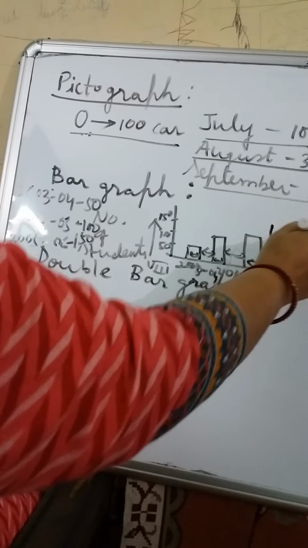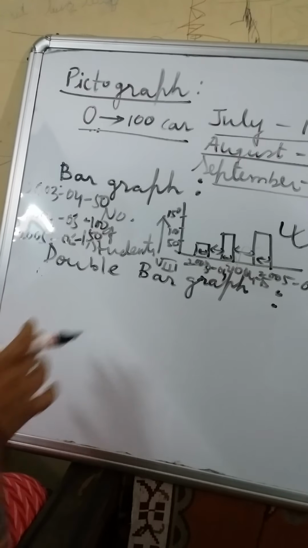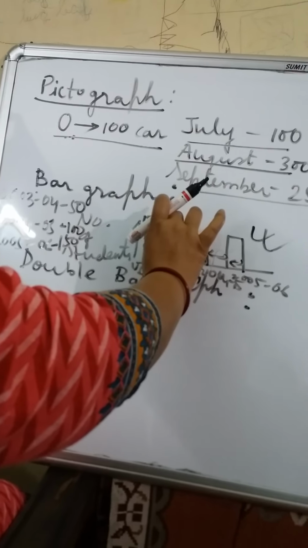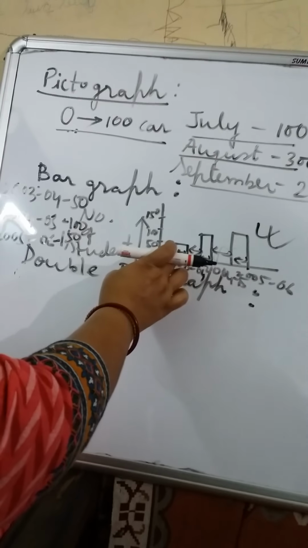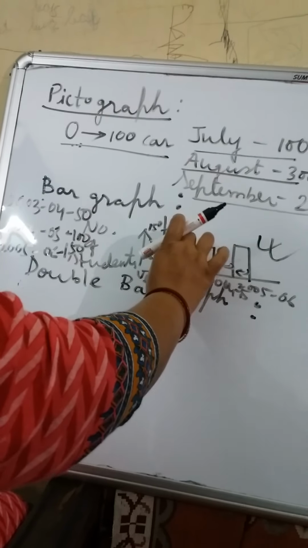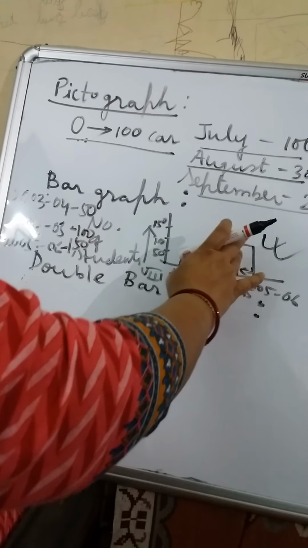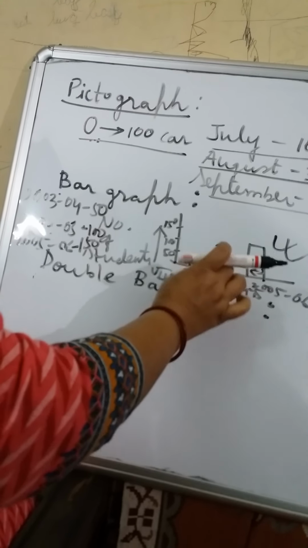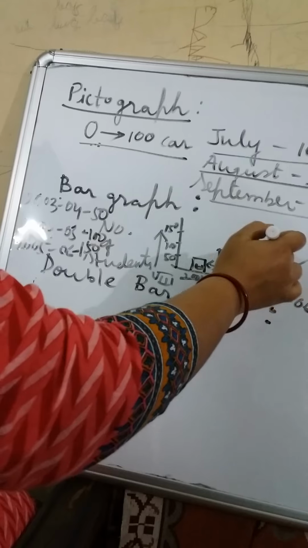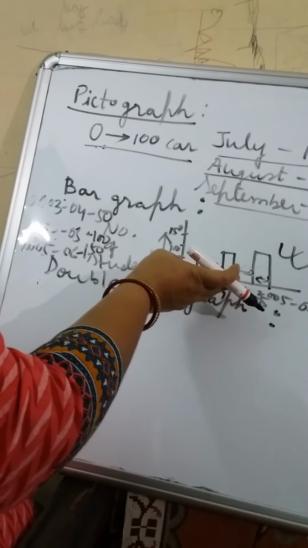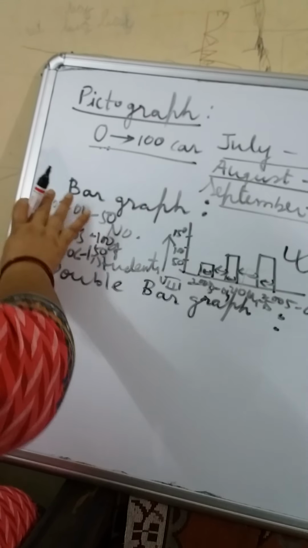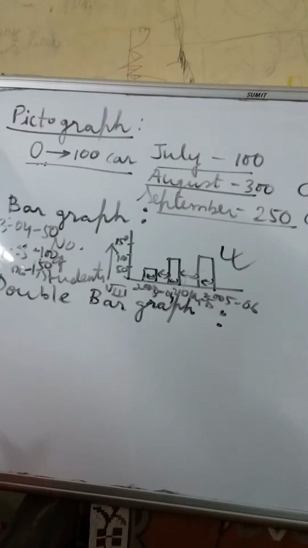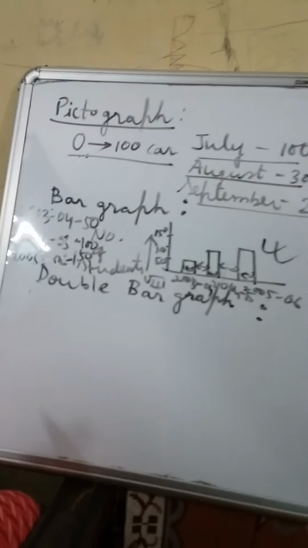We have learned that the height of each bar gives the quantity for each category: 50 students, 100 students, the quantity of that category. We can represent this bar graph when the information is given, and if the graph is given, we have learned how to interpret those graphs or bars.